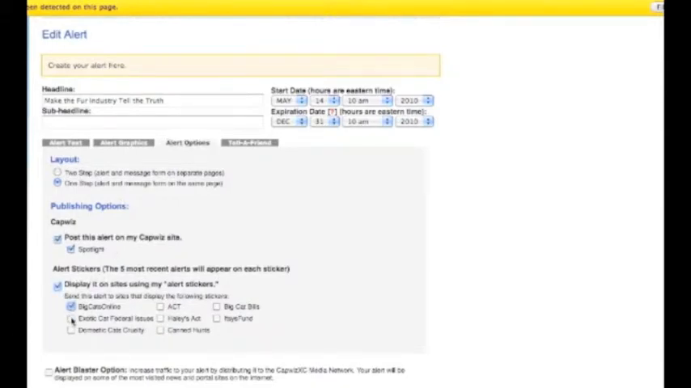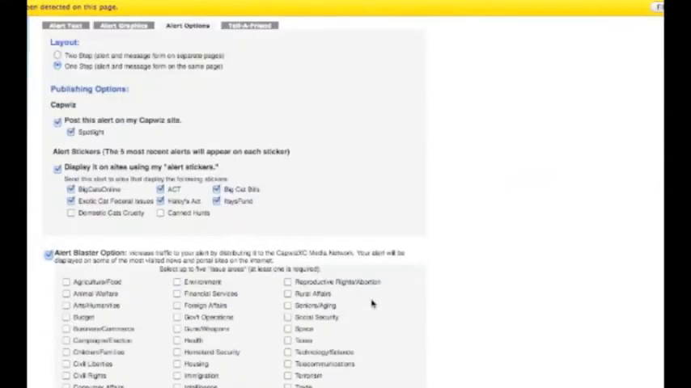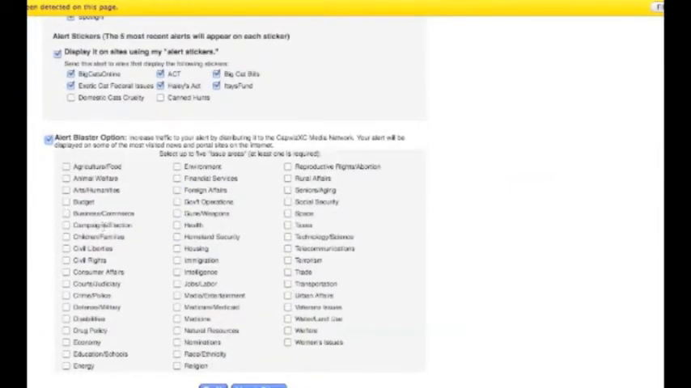Choose whether or not you want it to go out on the CapWiz site. In most cases you will. Select all of these sites that seem like they would make sense for the type of alert. Be sure and send the alert blaster, and you can only select 5. So I usually choose things like animal welfare and 4 other ones based upon whatever type of alert it is that I'm sending out and who I think our target audience most likely would be. Then choose Next Step,